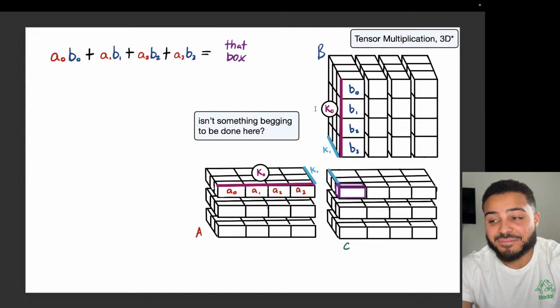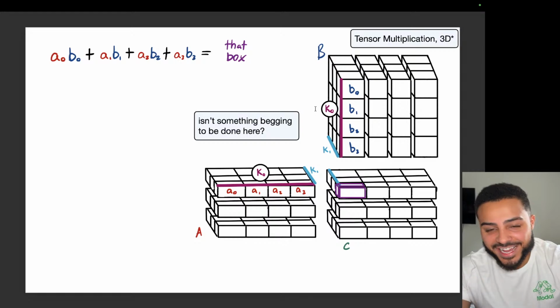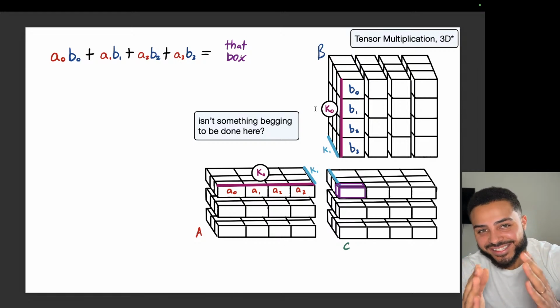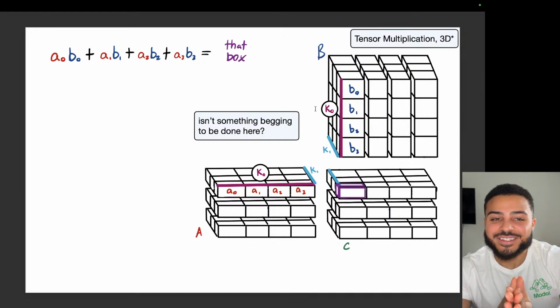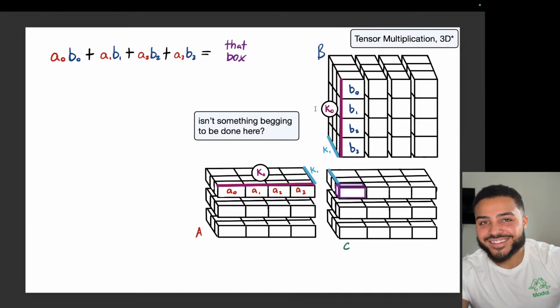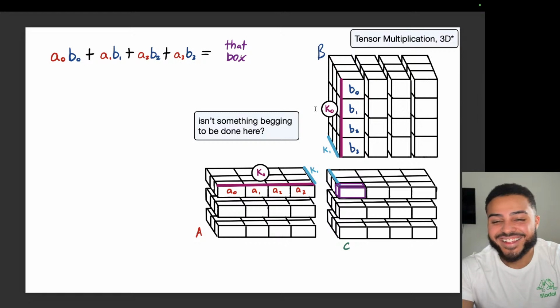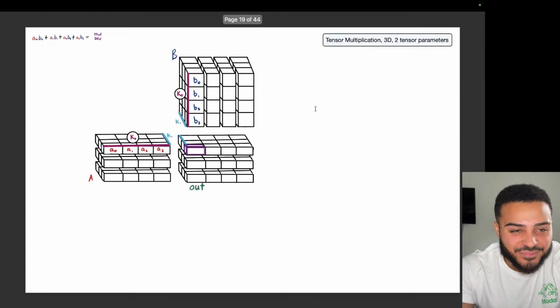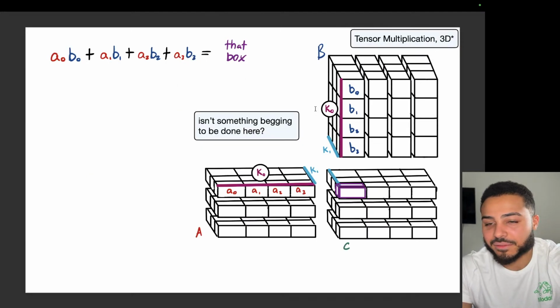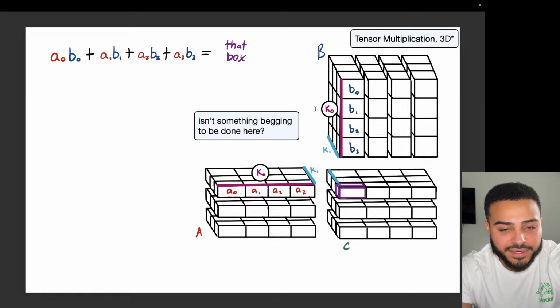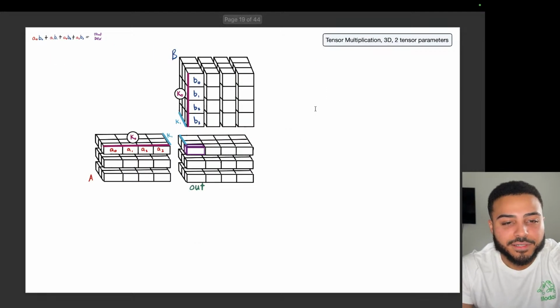So to me, looking at this screen, isn't something just begging to be done? Like begging to be tried? Is it just me? Okay, so, all right, let's zoom out a little bit. Maybe if I was presenting this live, I would take some questions right now while this marinates. But zoom out a bit,